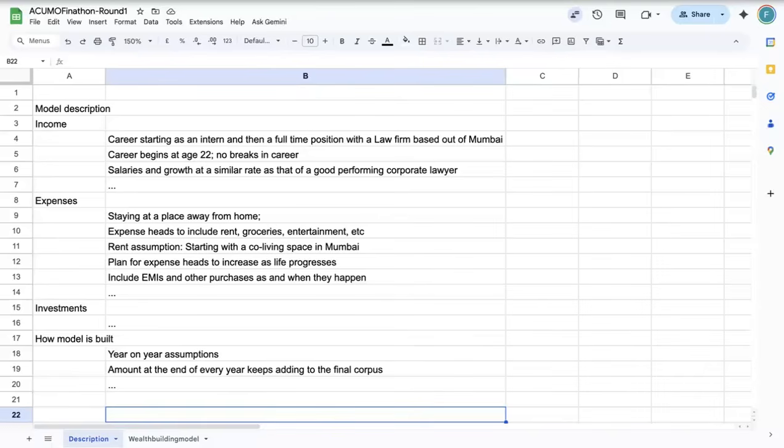And what we try to do is we put together a small sample template, kind of a Google Sheet. We would prefer if you do it using a Google Sheet because that's much easier to share and work on. And we prepared a sample template. We'll go through it. I'll explain some of the things to you. We'll also give you a sense of how exactly you can go about and structure it. But we've intentionally left out several things for you to figure out. And that's what we want to see, how deep you go.